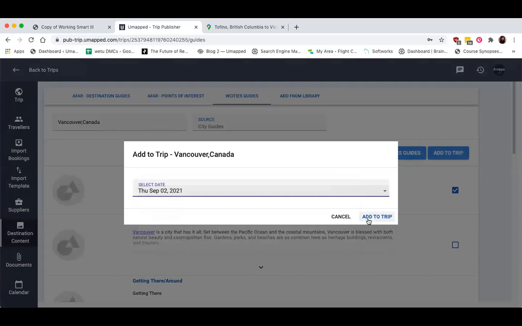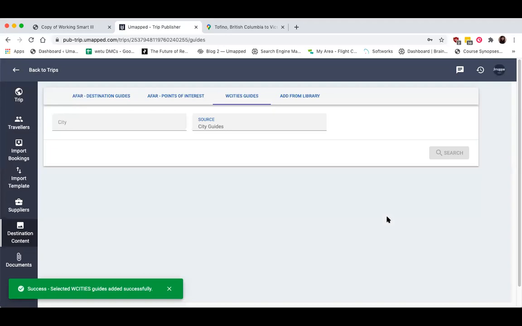And of course, I'm just adding these dates kind of at random right now. If you know the date, that's perfect. If you don't, you can always go back and change these dates later on in your itinerary. There's no reason that this has to be the end all be all for this date. You can always move it to the 3rd, the 4th, et cetera, et cetera.